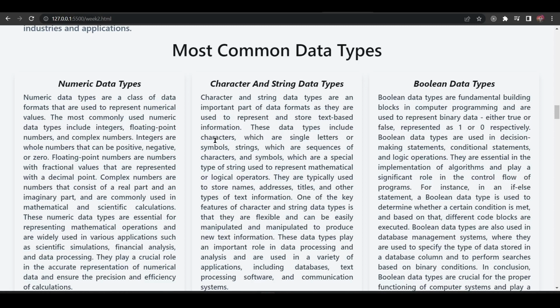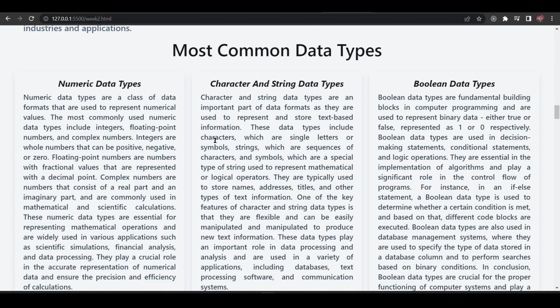Floating point numbers are numbers with fractional values that are represented with a decimal point. And last, complex numbers are numbers that consist of a real part and an imaginary part and are commonly used in mathematical and scientific calculations. So the numeric data types mainly focus on numbers.